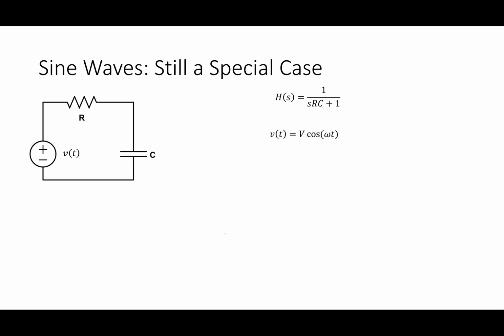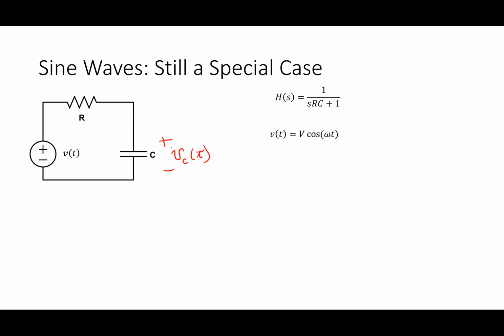Now, what's interesting about this is this result should collapse and relate itself to what I would have if I was talking about sine waves. Okay, sine waves remain a special case. So we've seen already that if what I was interested in was the capacitor voltage V sub c of t,